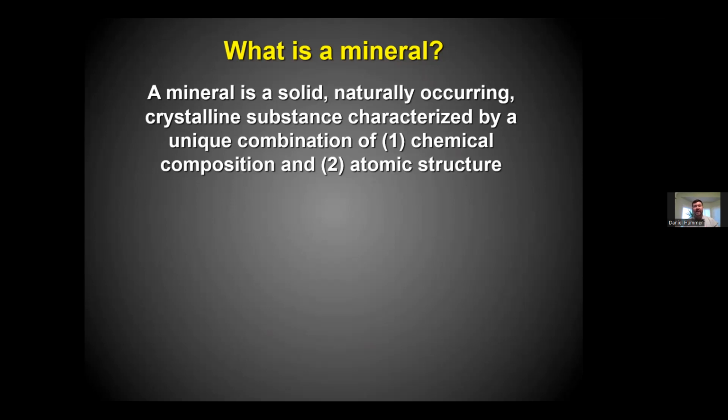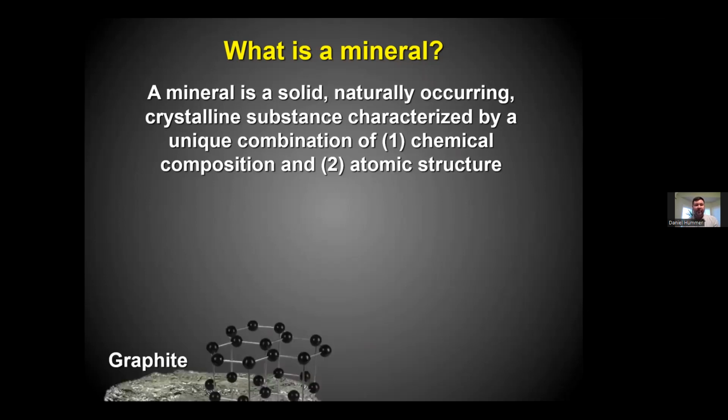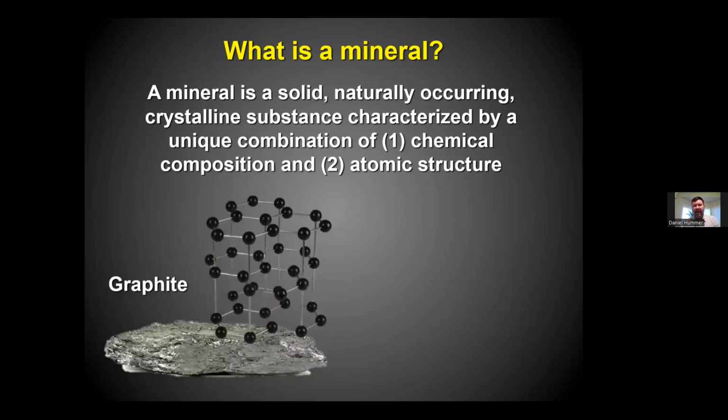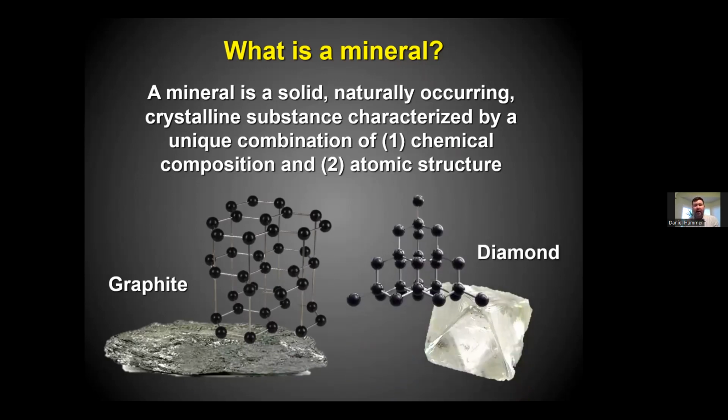That is characterized by a unique combination of both a chemical composition, meaning a chemical formula that we can easily write down, and a particular atomic structure. Of course, one of the classic examples to show that you can have these different combinations is pure carbon, both in the form of graphite, where the carbon atoms form these nice sheets, gives it a layered structure, and makes it very soft and lubricating. And then, of course, diamond, which bonds in a different fashion and creates a three-dimensional interlocking network of carbon atoms.